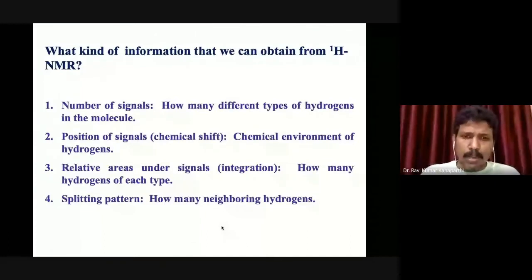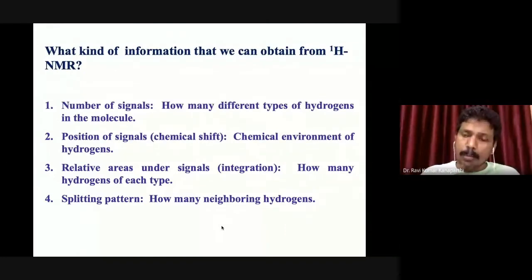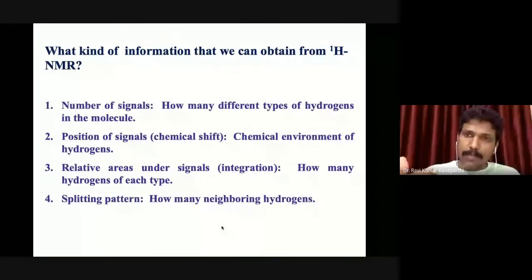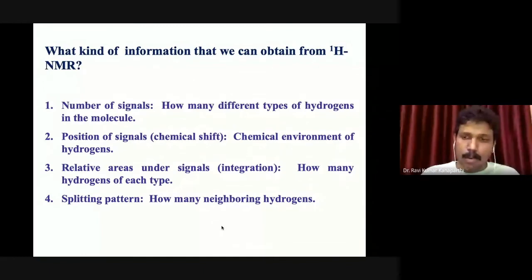This process, which we call integration, NMR peak integration, will give you the information of the total number of hydrogens present in a given molecule. Okay, because you have 5 different NMR signals, when you measure the area under each one and sum up all those protons, essentially that is the total number of hydrogens present in a given molecule, right?